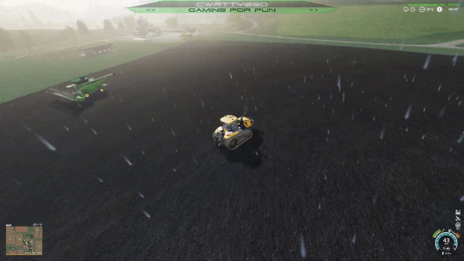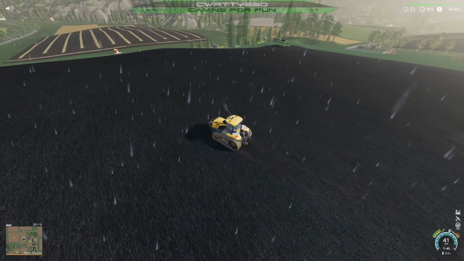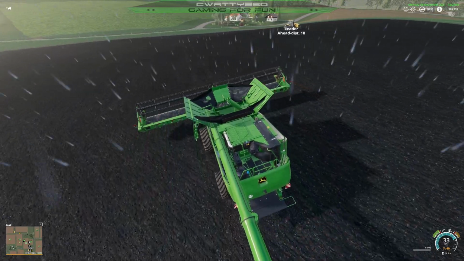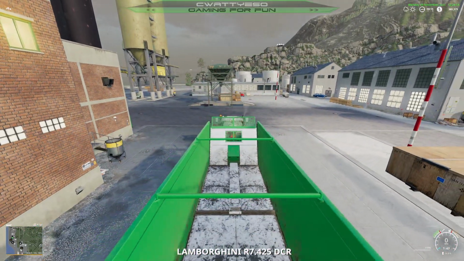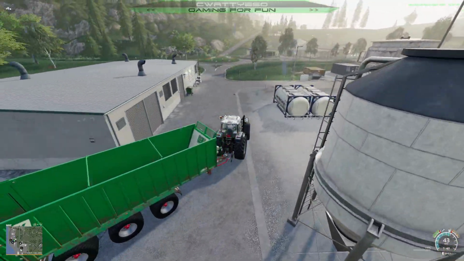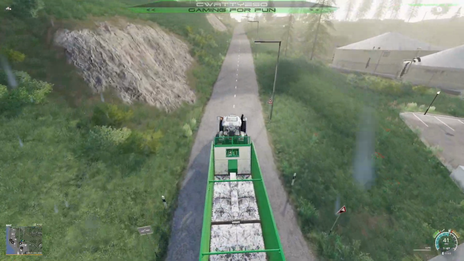Very useful for moving multiple units, multiple machines and multiple bits of equipment to your farm. And you can do things like shorten the distance. Now, one of the things I like doing with Follow Me, and we'll use the Lamborghini tractor, I'll bring it back to the farm quick. My Lambo. And this is very useful. One of the great features of Follow Me that I personally like